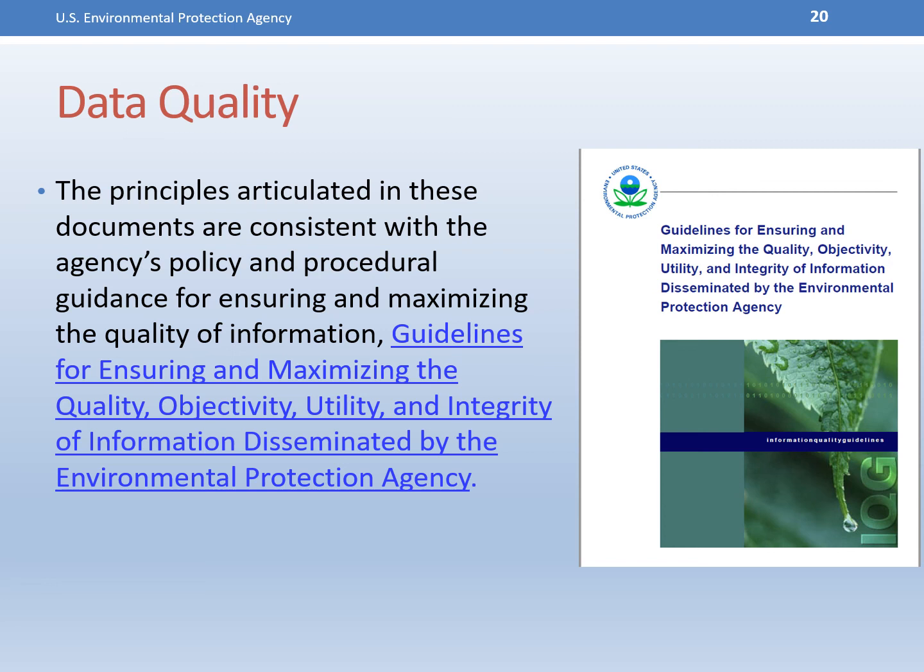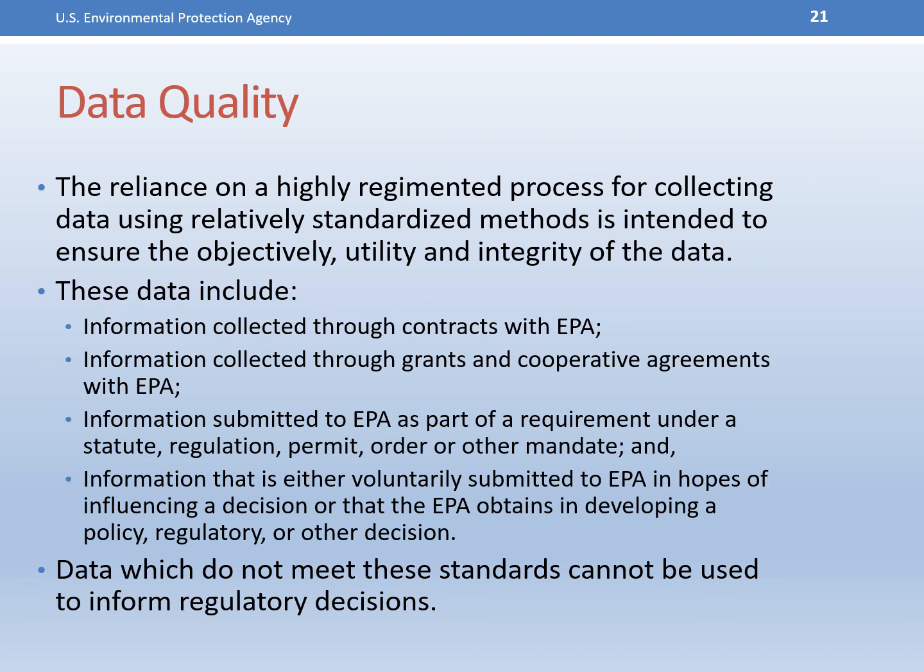Similar to the other components of the risk assessment process, such as the conduct of studies used to collect data for exposure and effect assessment, EPA has guidance for ensuring and maximizing the quality, objectivity, utility, and integrity of information released by EPA, as well as those data used to inform regulatory decisions. The reliance on a regimented process for collecting and analyzing data through the use of highly standardized methods is intended to ensure the objectivity, utility, and integrity of data collected through contracts with EPA, through EPA-funded grants and cooperative agreements, information submitted to EPA in response to regulatory requirements, as well as information voluntarily submitted to the EPA to inform its decisions. Data which do not meet the standards prescribed in the guidance documents cannot be used to inform regulatory